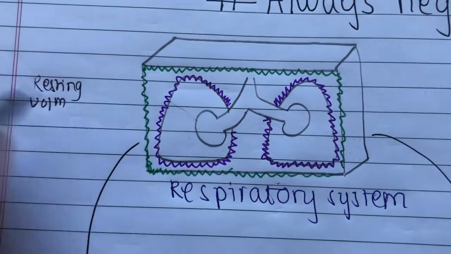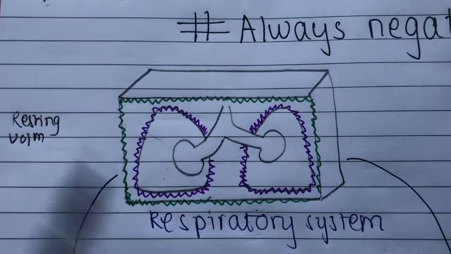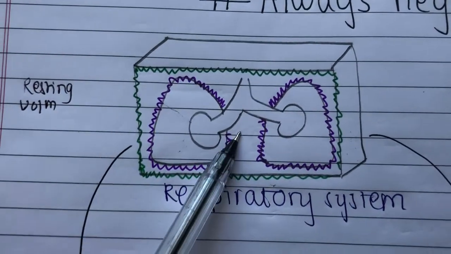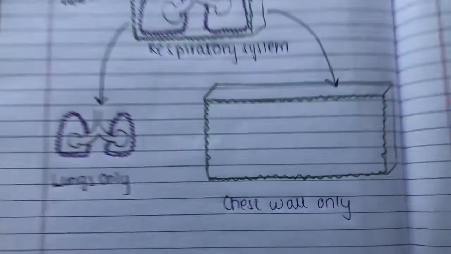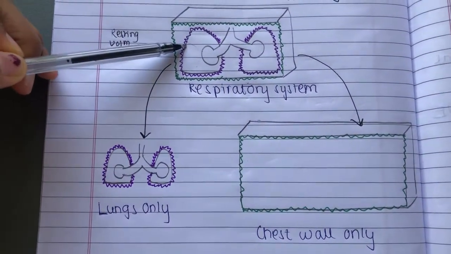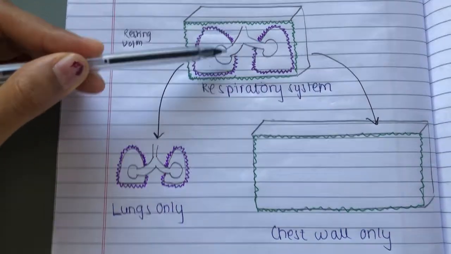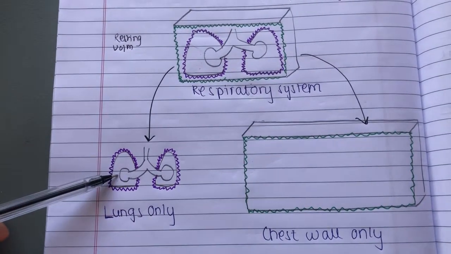That is, the lungs are neither inflating nor deflating. No inspiration occurring, no expiration occurring. This is how it looks. But when we remove the lungs from the chest cavity and put them on a table, and we remove the chest wall cavity and put it on a table, what happens? As you can see in the respiratory system, when the lungs are inside the chest wall cavity, they are slightly bigger. But when you put the lungs alone, you can see their size decreases.